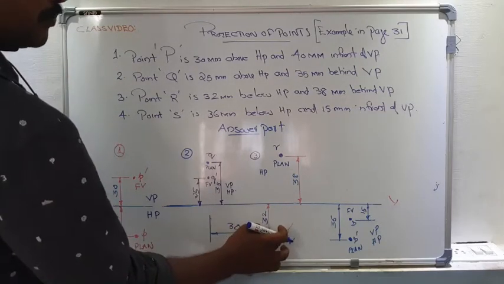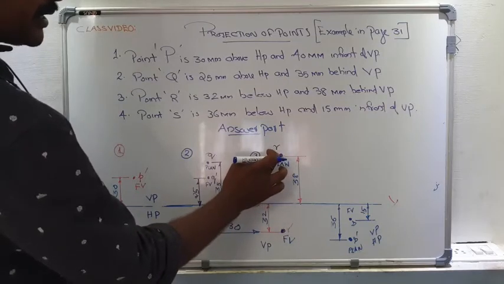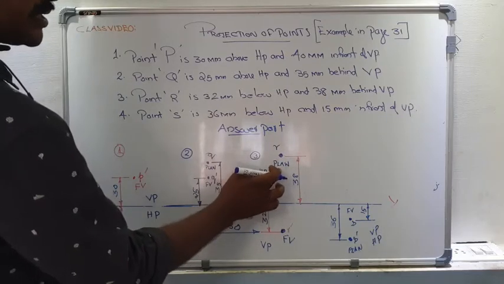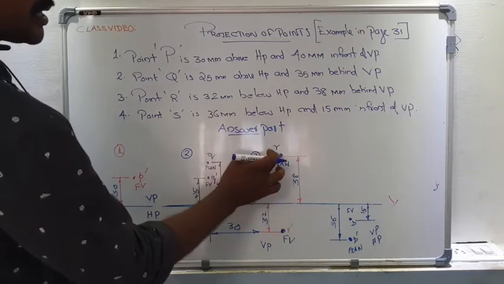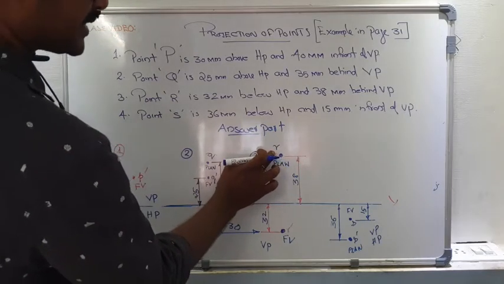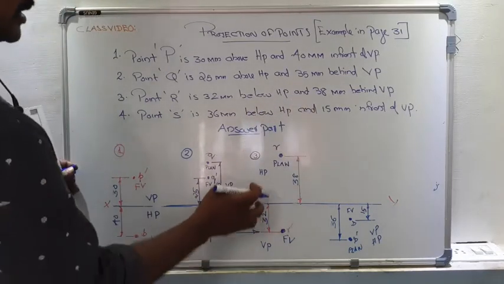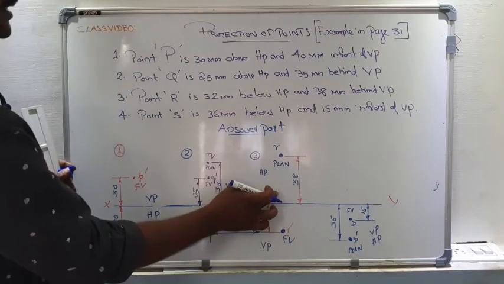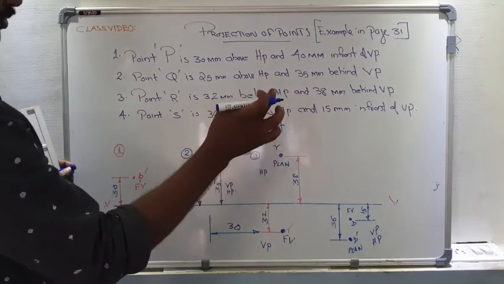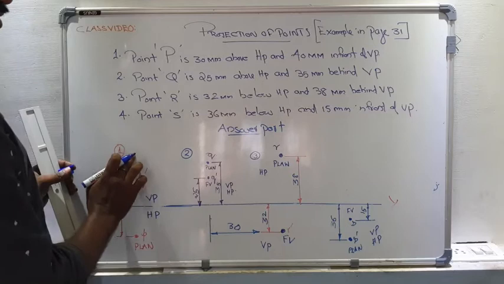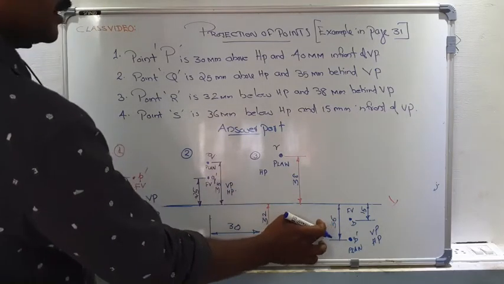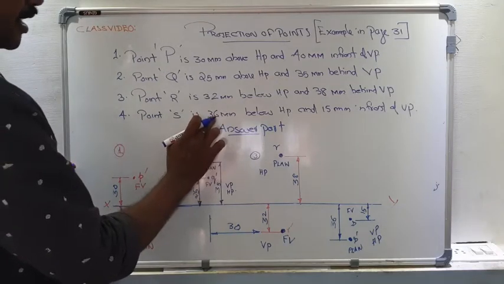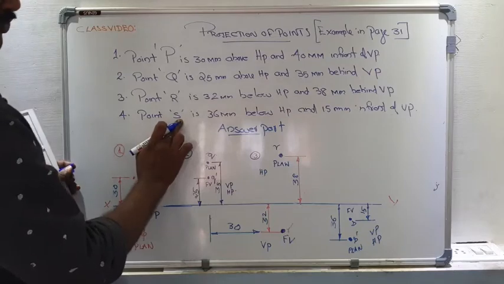And now keeping the same line, we have to put a point here, keeping the distance 38 mm above the XY line. And this view is marked as plan. And this is denoted by the small letter R. In the case of the third quadrant, front view comes below the XY line and plan should come above the XY line. This is the opposite of the first quadrant. In the case of the last one, from this hint we can understand that our object is S, which is situated in the fourth quadrant.